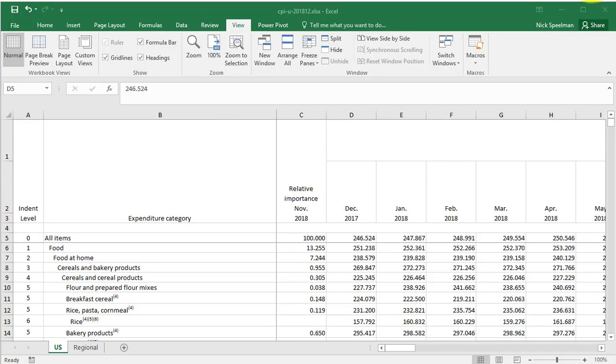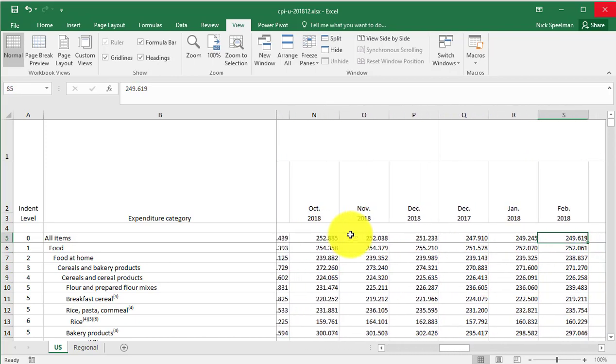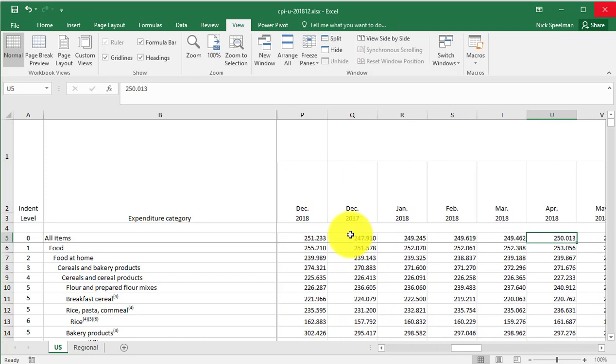Today I'm going to show you how to very quickly add cells in Excel. So I've got this spreadsheet here with all these figures going across, and I want to get a total for whatever reason. All I'm going to do is go here